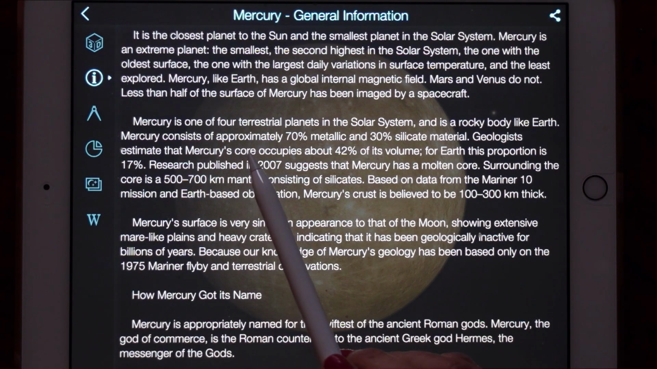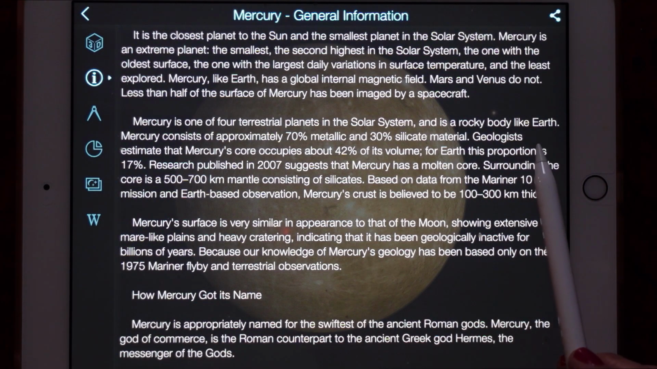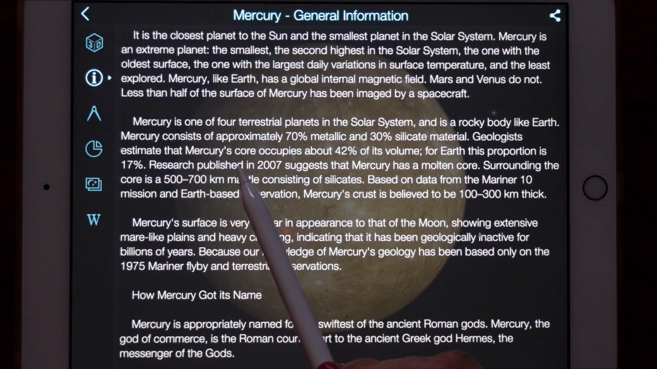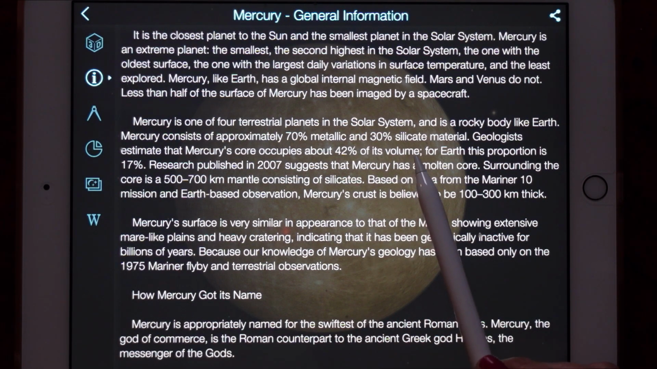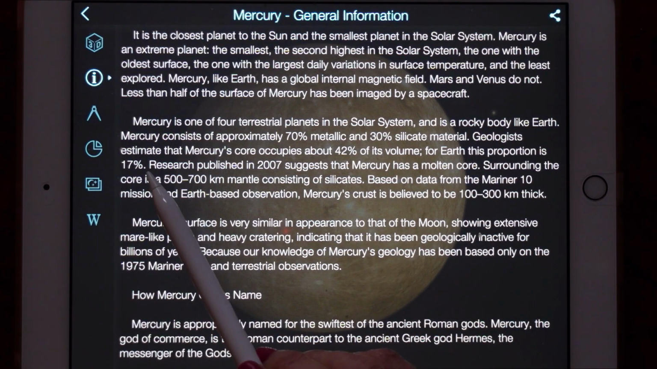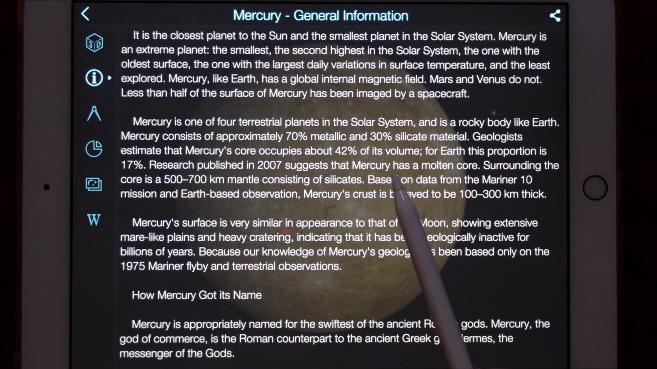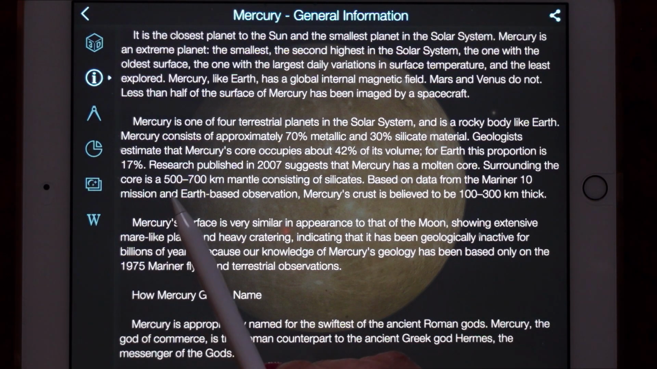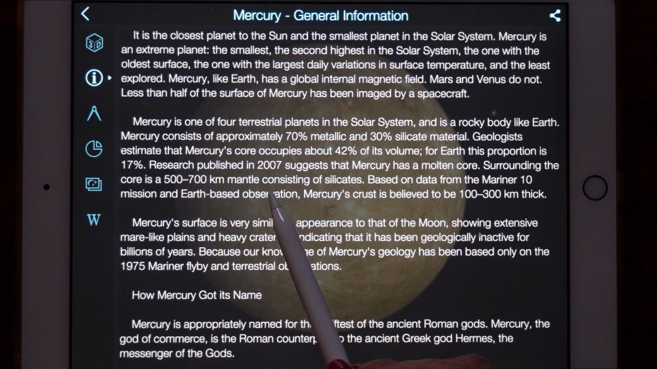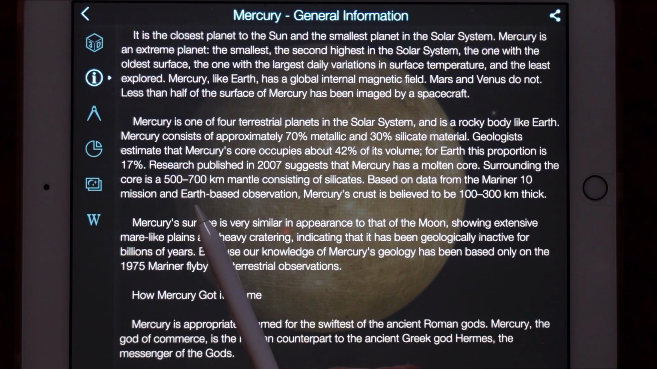Mercury is one of 4 terrestrial planets in the solar system and is a rocky body, like Earth. Mercury consists of approximately 70% metallic and 30% silicate material. Geologists estimate that Mercury's core occupies about 42% of its volume. For Earth, this proportion is 17%. Research published in 2007 suggests that Mercury has a molten core. Surrounding the core is a 500 to 700 kilometre